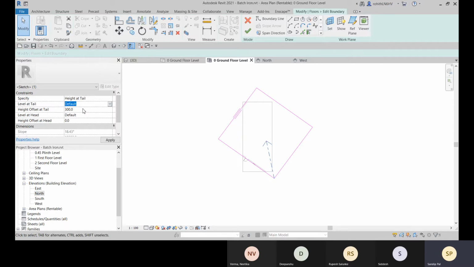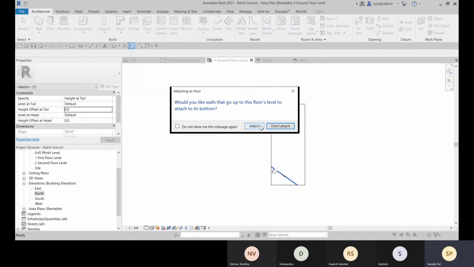That is default. That means at this current level, the tail is available here, and height offset at tail, that is 300. Okay, and after that also you are providing that slope. So you can just make it 0 and you can provide that slope.